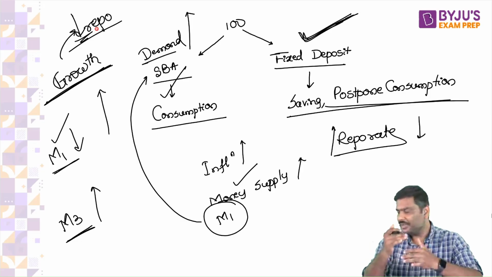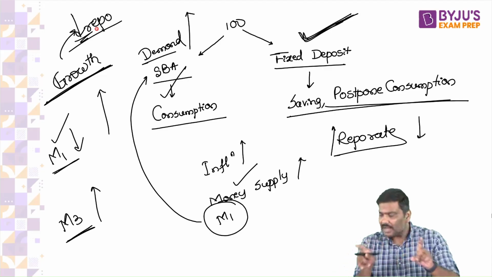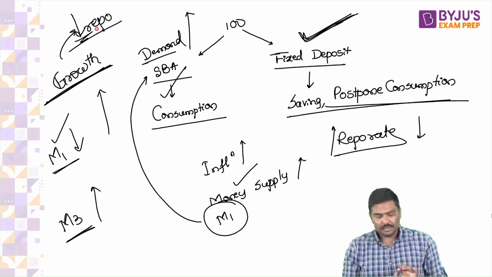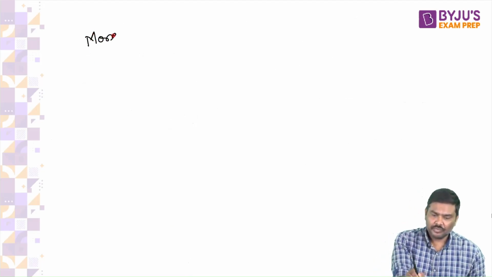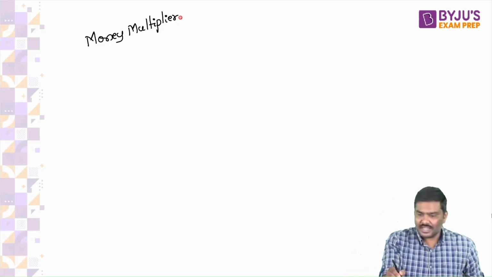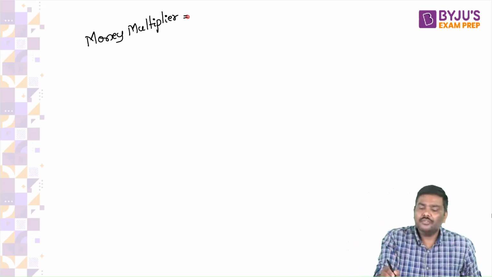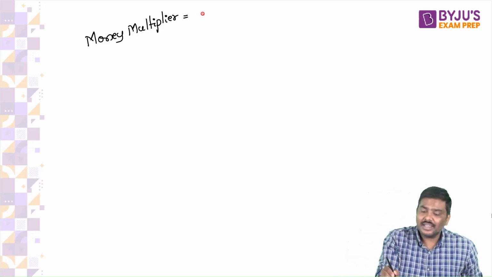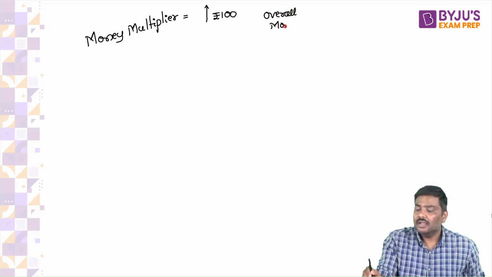Now, please tell me, can you understand the importance of M1 and M3? Why does RBI calculate all of them? In fact, there is one more important term, money multiplier. What is this concept of money multiplier? Understand this, it is simply a measure. If RBI increases the money supply by 100 rupees,